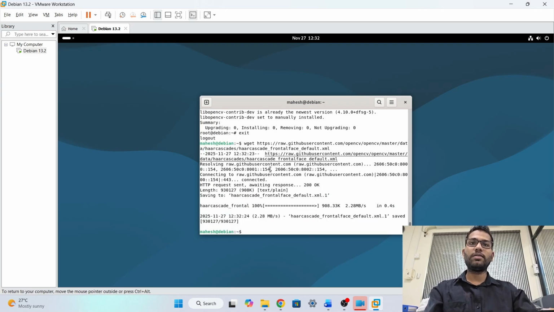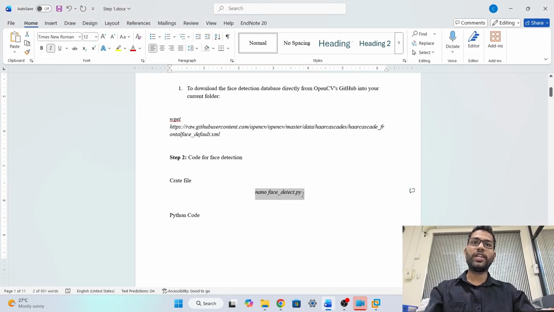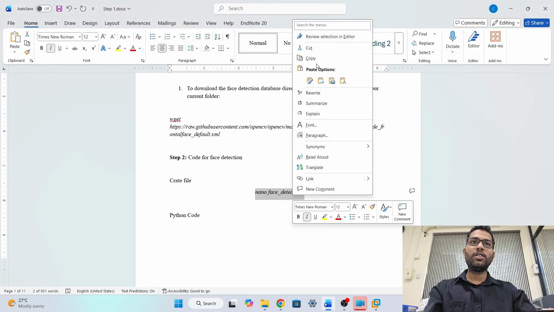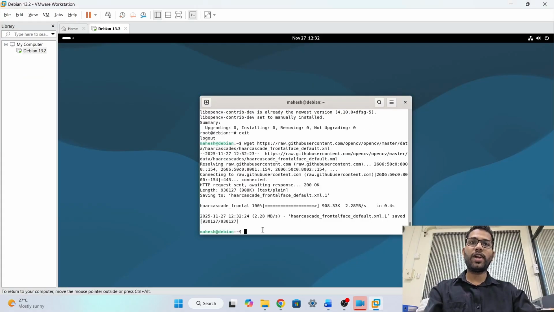Now this database is downloaded on our system. Now we have to create a Python program to detect the face. For that, we have to create one file. We name this file as you can see face